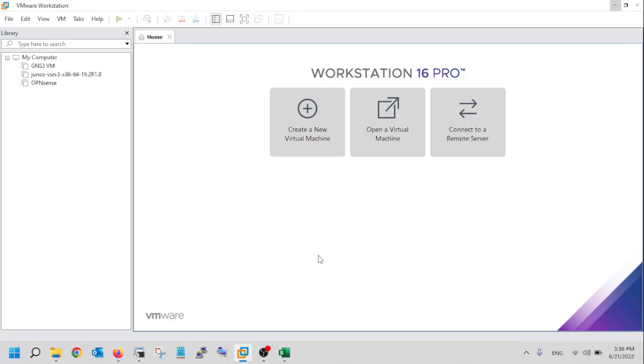Hello guys, in this video I am going to show you how to install Ubuntu 22.04 LTS on your VMware